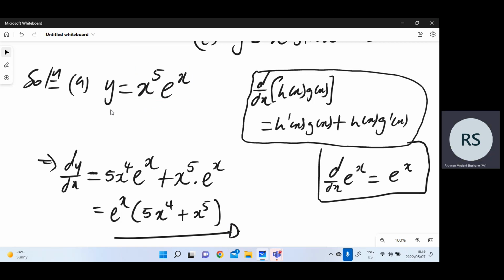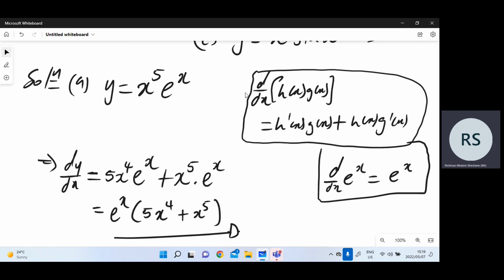As you can see here, I have a product of two functions, x to the power 5 times e to the x. So y is a product of two functions, and I want to find the derivative of y, so I'm applying the product rule, okay? Just to remind you,